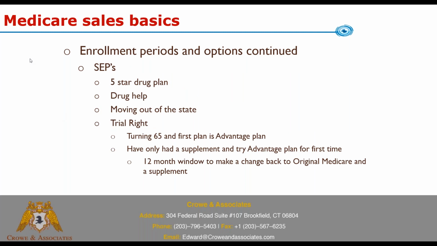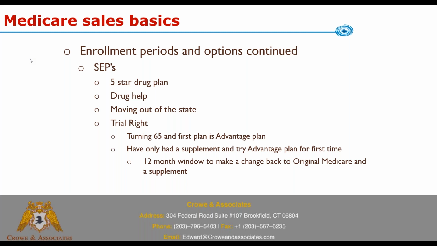A couple special election periods to keep in mind. Obviously, you've got 5-star drug plans. If there's a 5-star drug plan in your state, that's a special election anytime. So 5-star drug plan or Advantage plan, I should say, people can switch to that plan the first of any month during the year at any time. You've got states that have drug help. So, for example, Medicare Savings Program, that creates a special election. If somebody moves out of the service area of one plan to another, that's a special election, and then you've